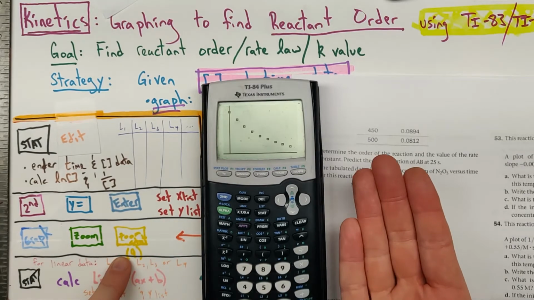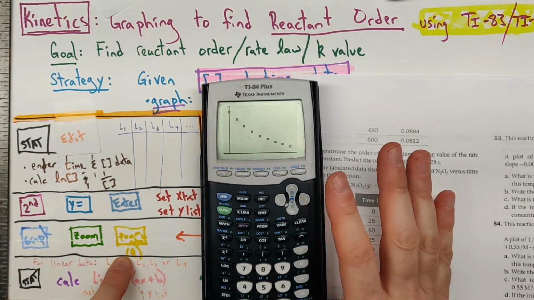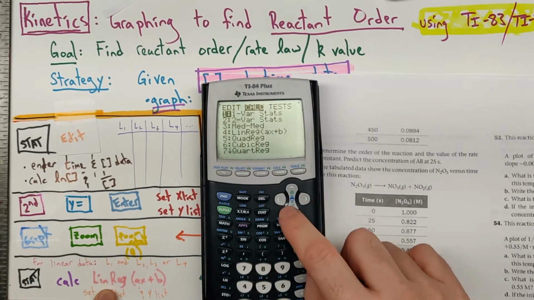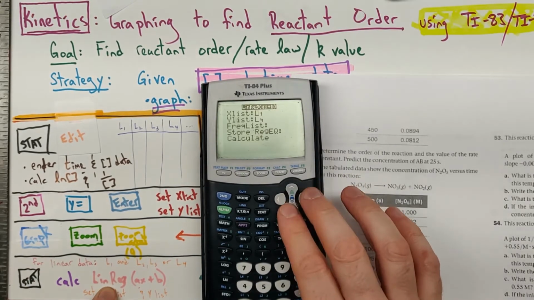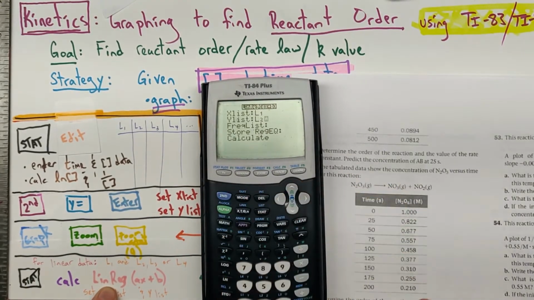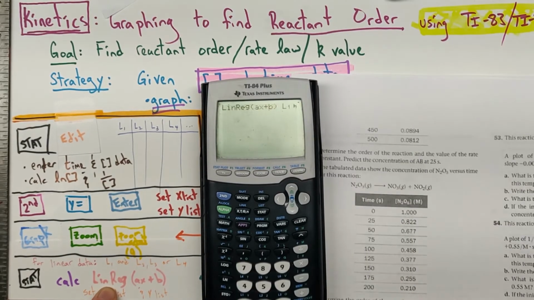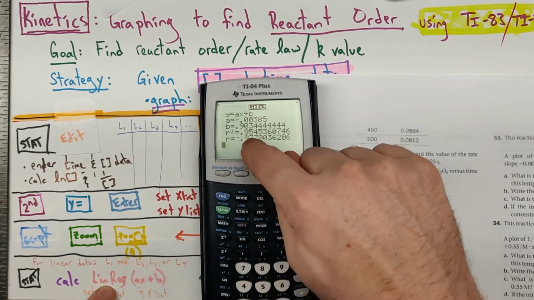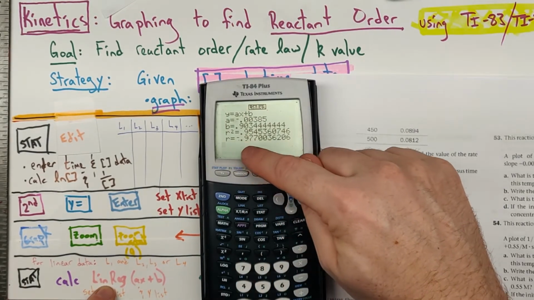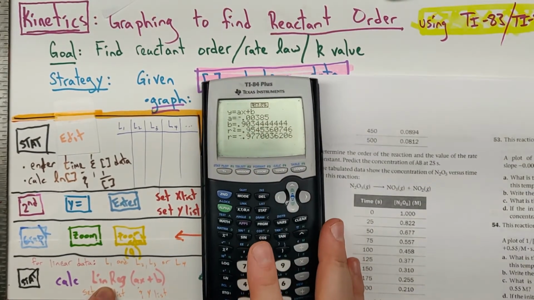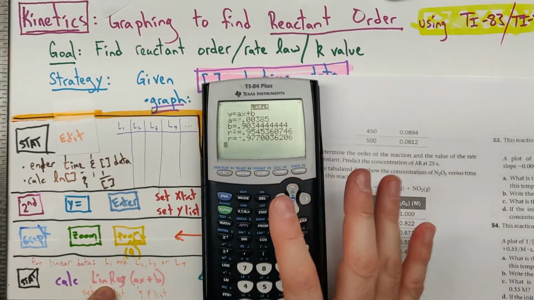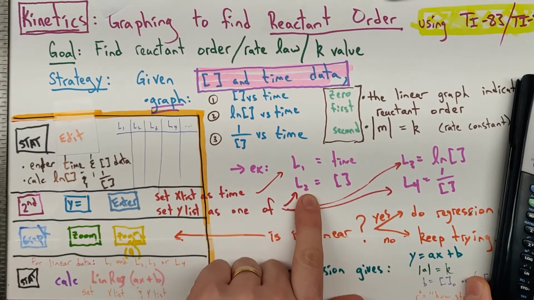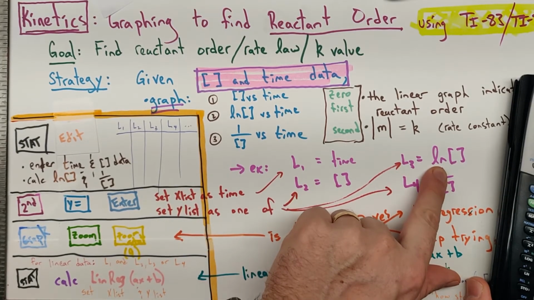We can check real quickly how straight it is if we look at the stat function. We can calculate a linear regression, and in this case we'd use L1 and L2. And I don't think we're going to get a very good R squared value, 0.95, which at first glance might seem pretty good, but you may recall from the last video, 0.99999 is what we would call pretty good. All right, so we have ruled out concentration, 0 order,